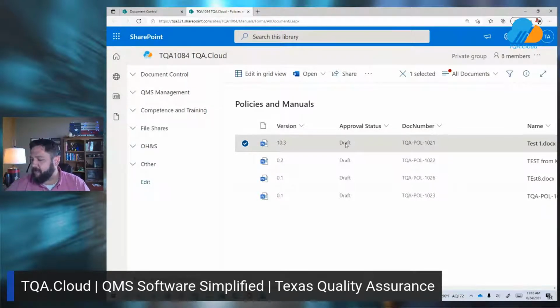But when these documents are published for approval, what it means is that the email notification will go out to those required approvers where they can then review the document, make any comments that need to be made, and either accept or reject the document. If all of the approvers accept the document, at that point, this document would be elevated to the next available